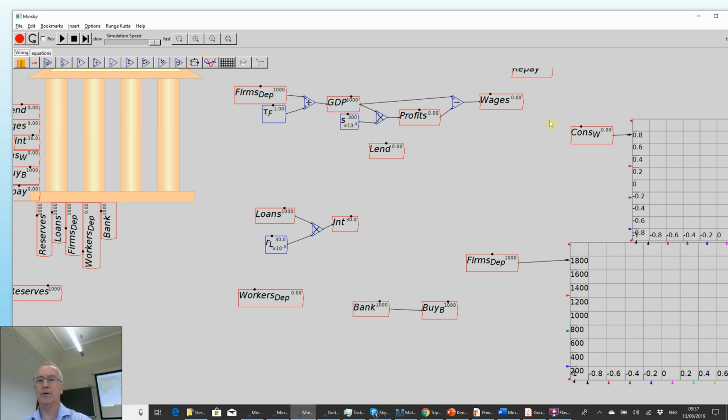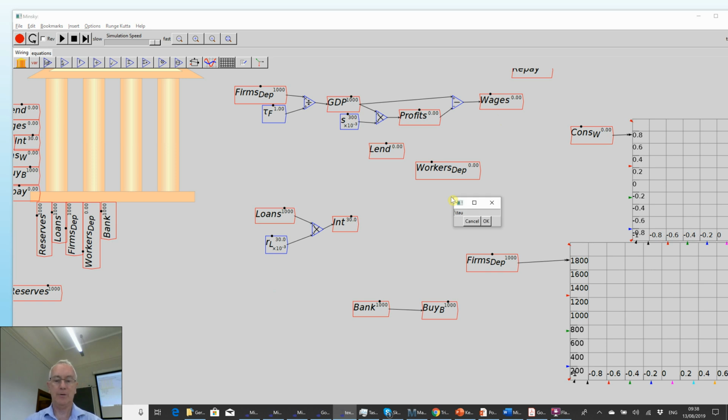But what I prefer to do again is to show how rates of spending determine GDP, say that wages then increase the amount of money in the workers' deposit account, and there's then a rate at which workers spend out of the deposit account. So for that I use tau_W,